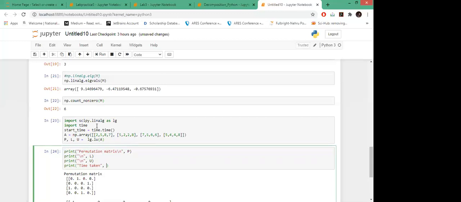Time will give you the present time, and I've stored the time at the start, so I will start on the code.